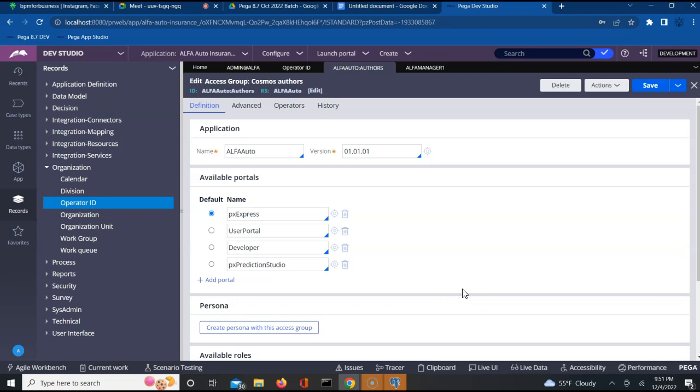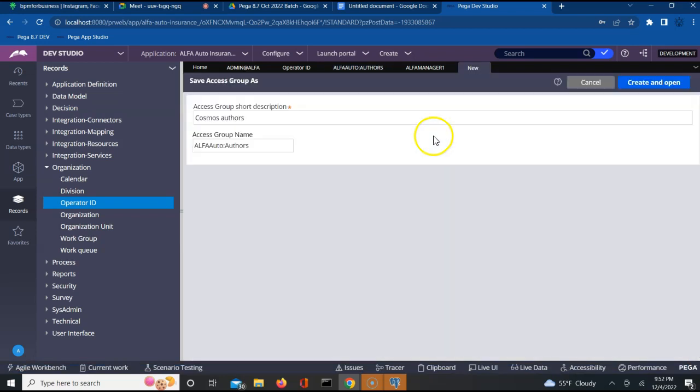Let's change it to managers. You can save as one of these itself. Save as and call it